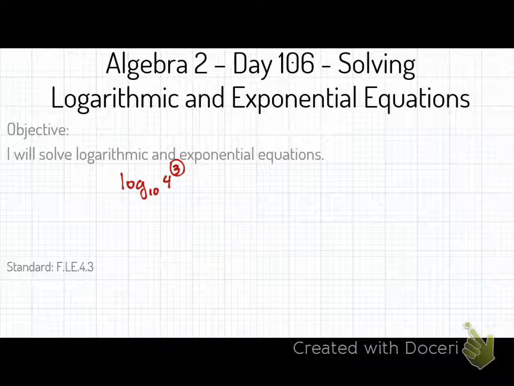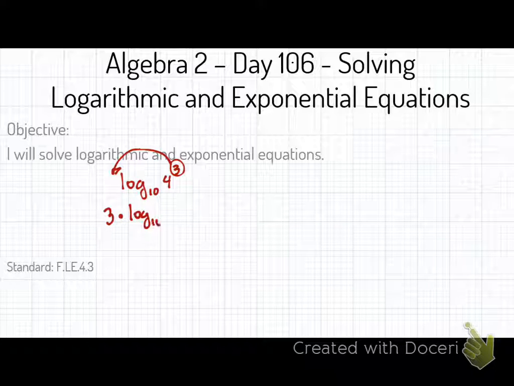Okay, what can we do with that 3? Move it where? To the front, that's right. We can move it to the front, right? We don't have to put it as an exponent. We could say this is 3 times log base 10 of 4, right? So we want to know the different